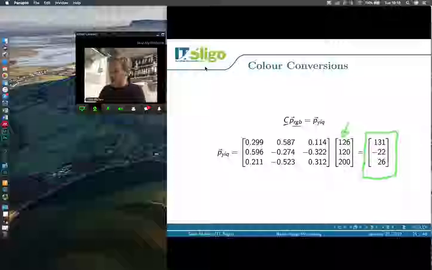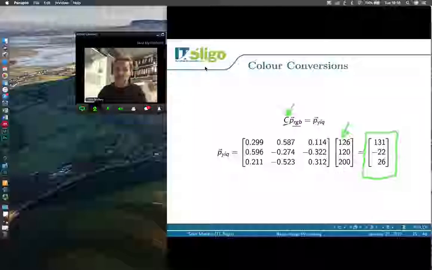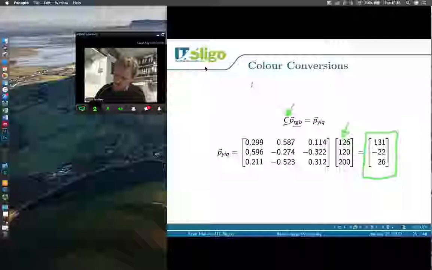How do we get back from this? Well, you can assume that C matrix is invertible. I'm sure you also know how to invert a matrix. I won't be getting you to do too much of this, trying to invert a matrix on paper, unless it was maybe a 2 by 2 or 3 by 3 matrix. That's fairly doable. But in actual fact, if you use Python, there's a particular library called NumPy,